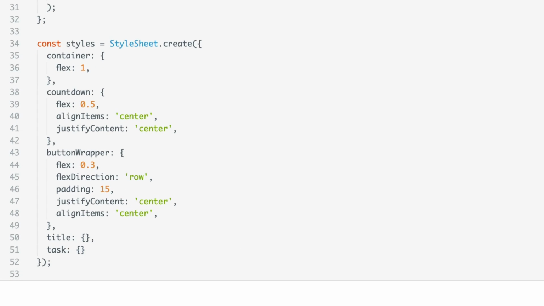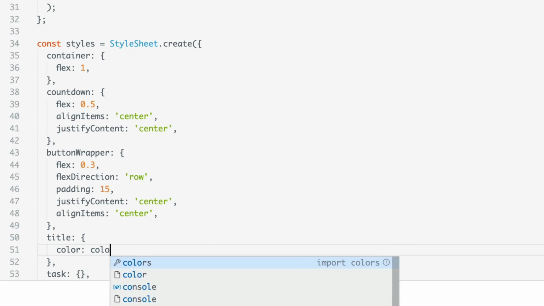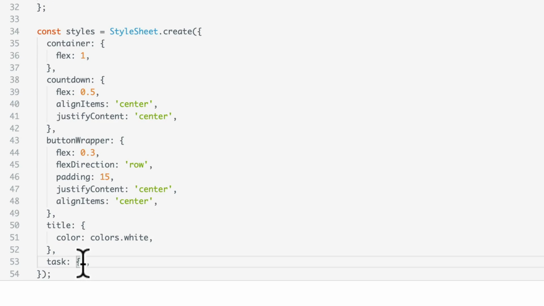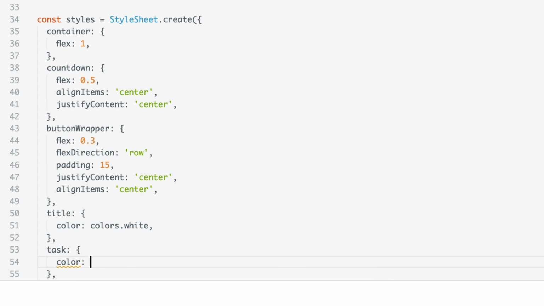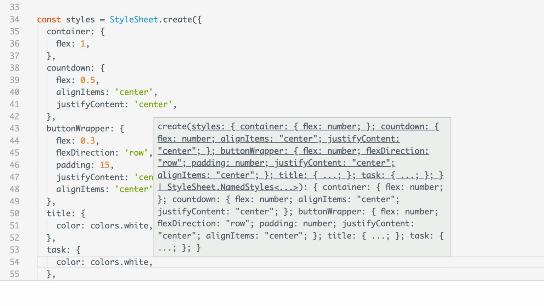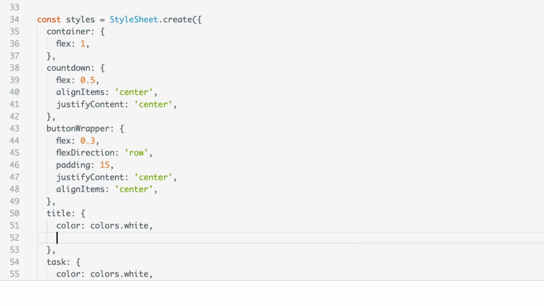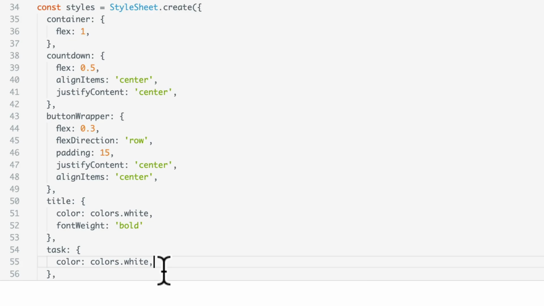Let's run prettier again. In title, what we'll say is that the color is colors.white. In task, we'll say that colors is colors.white. Now the only thing we need to do here is potentially give them a font weight. So let's say font weight, and let's say bold. And then over here for the task,